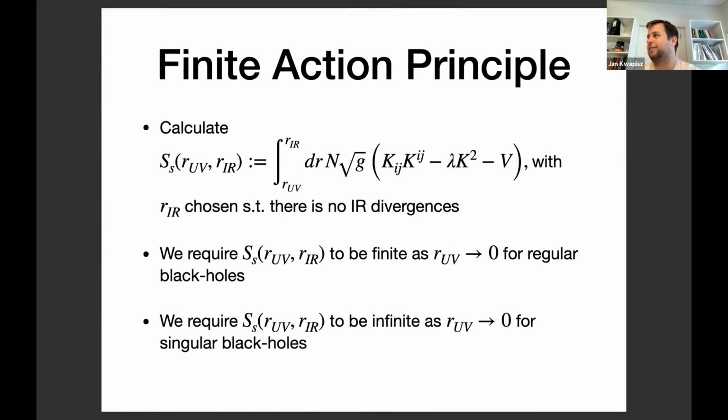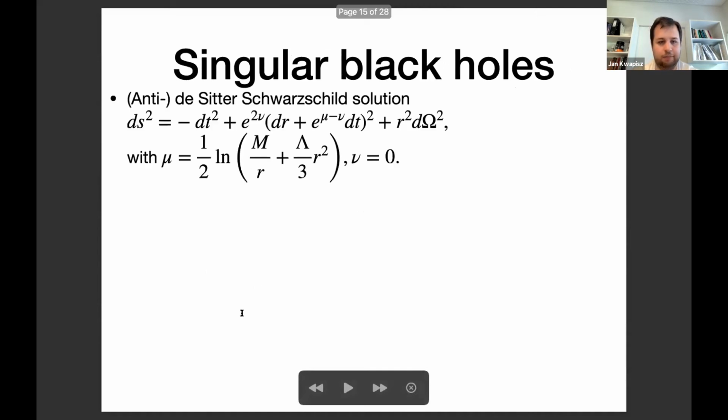is that in Horava-Lifshitz theory, various singularities that are coordinate singularities for Einstein gravity can become essential singularities for Horava-Lifshitz. This is, for example, the case for a horizon of the Schwarzschild in Horava-Lifshitz. So that could be a subtlety, but however, this does not play much of a role in our investigation. So let me start with singular black holes.